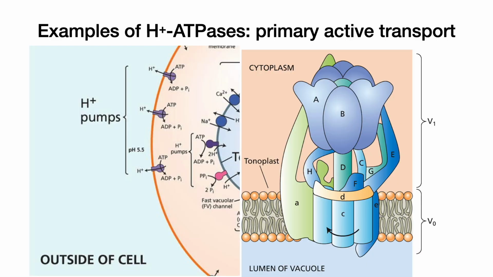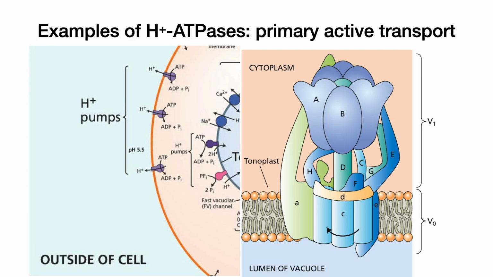So on the left-hand side, at the plasma membrane, we can see there are some proton pumps that are utilizing ATP to pump a proton from the inside of the cell to the outside of the cell into the apoplast. And this requires energy since the pH outside the cell is 5.5, and the pH inside of a cell is typically around 7.5. So there is a 100-fold concentration difference from the outside to the inside,